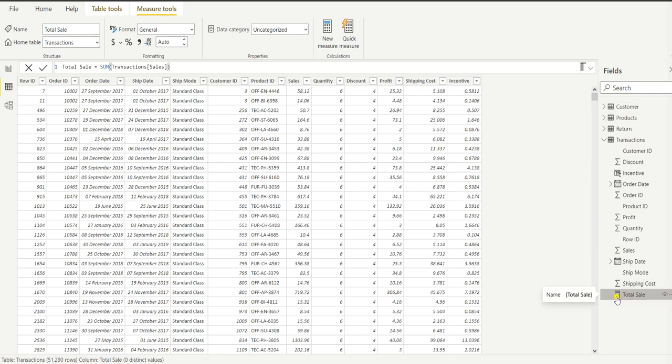When we are using visualization, we can use this, and the total value will be shown. This is how the calculated column will look. So this is how we differentiate calculated column and measure.